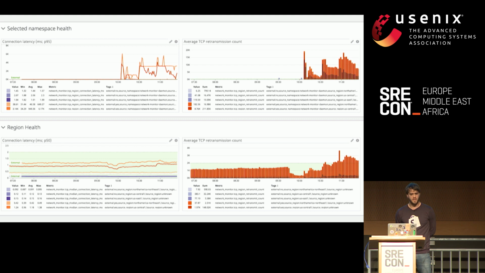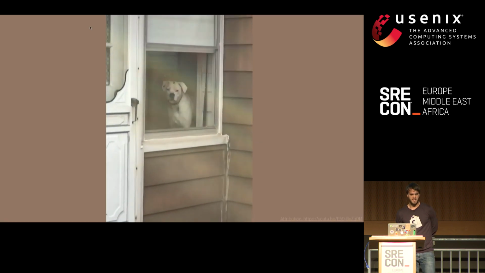We also exported all of our data to Datadog, which is what we primarily use for monitoring and alerting. And because of the scale of our company, we encourage all developers to operate their own services. So by putting it into Datadog, which is what everybody's using, they can now correlate and identify network issues that maybe exist in their namespace and compare it to regional baselines. So now we filled that observability gap.